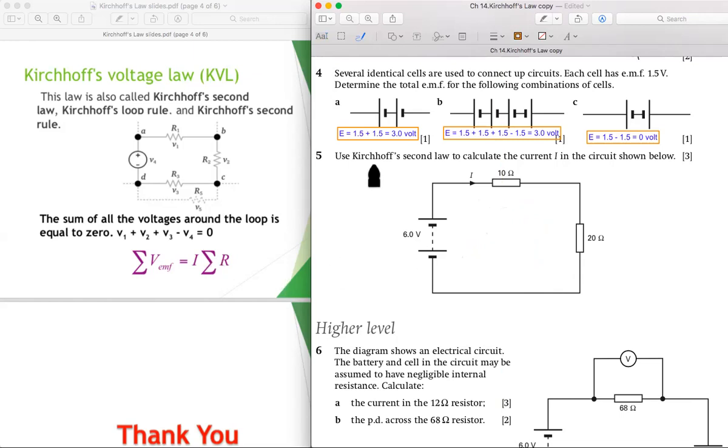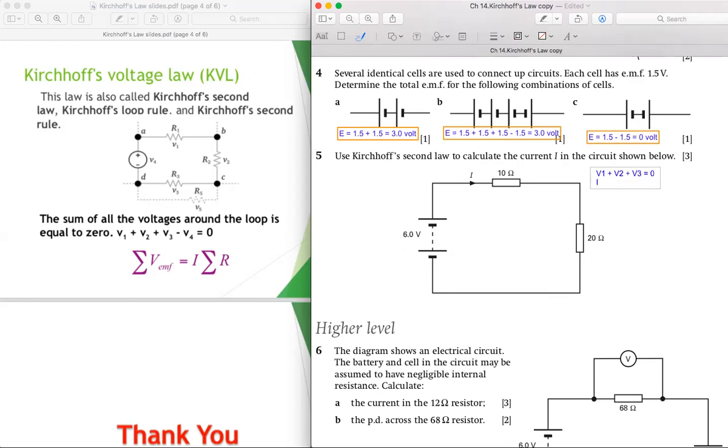We use Kirchhoff's second law: voltage 1 plus voltage 2 plus voltage 3 equals to 0. Because this is only 3 on the 10, on the 20, and also 6 volt they have. So